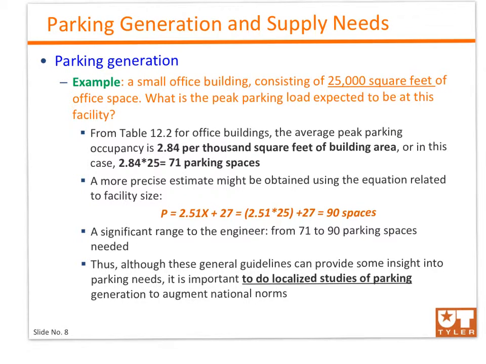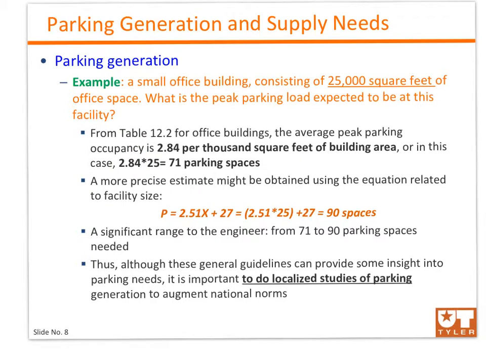Let's have an example here. A small office building consisting of 25,000 square feet of office space. What's the peak parking load expected to be at this facility? If you go back to table 12.2, for an office building, the average peak parking occupancy is 2.84 per thousand square feet of building area. In this case, it's 25,000 times 2.84, and that would be the number of